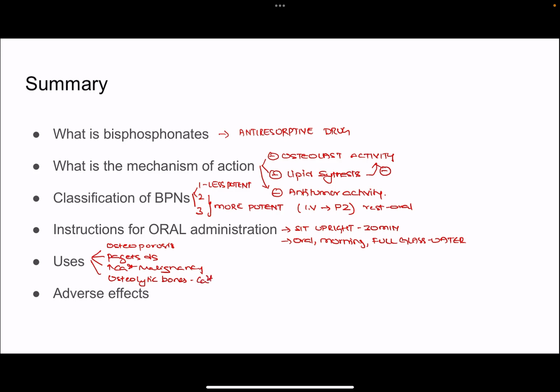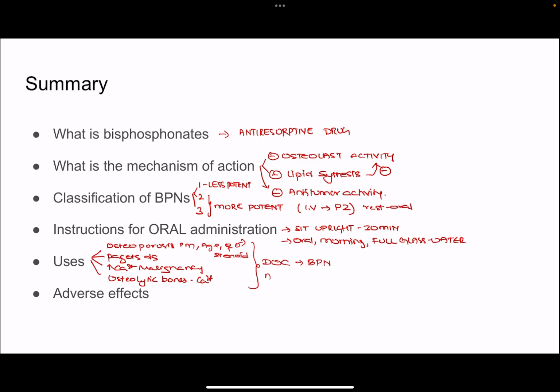So basically it is used for osteoporosis in case of postmenopausal individuals, age related, in case of both males and females, and also in case of steroid induced. So in all those things, the drug of choice will be your